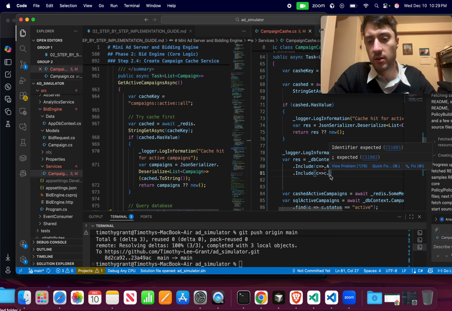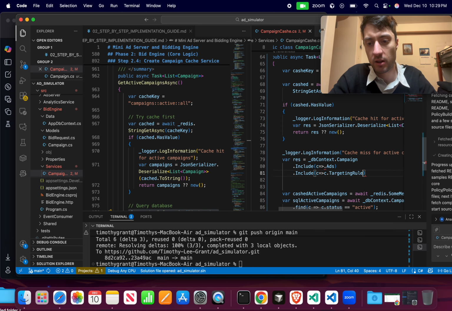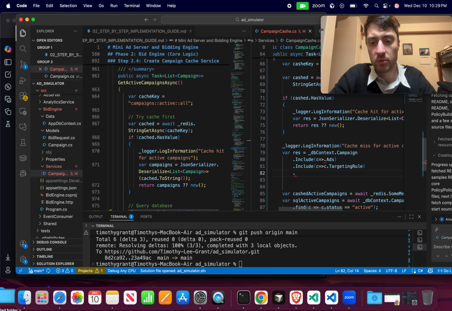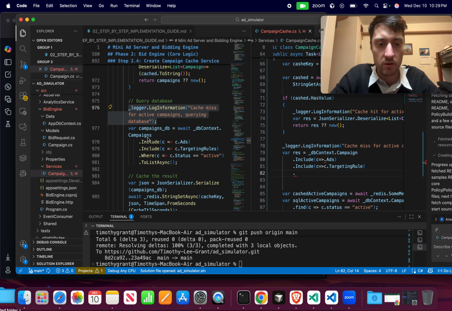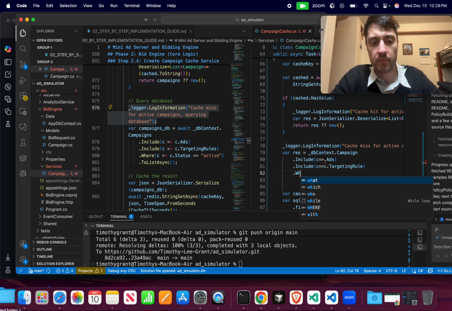Like this. And now I say dot targeting rule, like this. And now what was the other one that we want to do? We want to find all, right? But I don't know what the find all is, so okay, we're just gonna look. Okay, so where